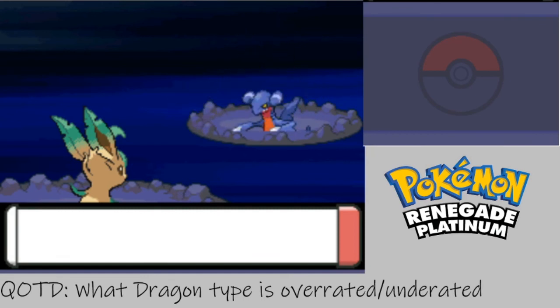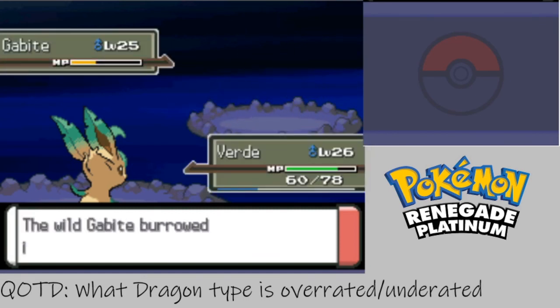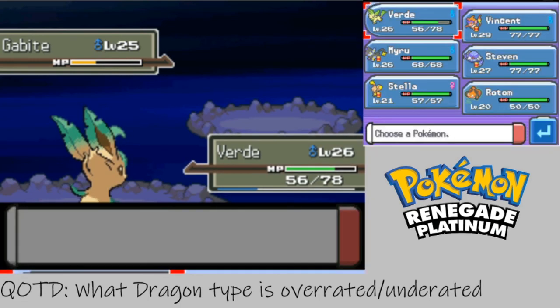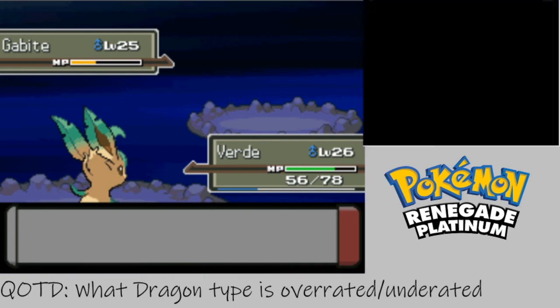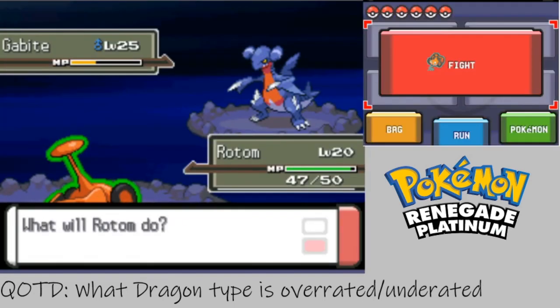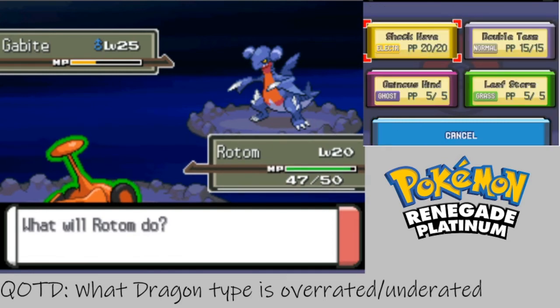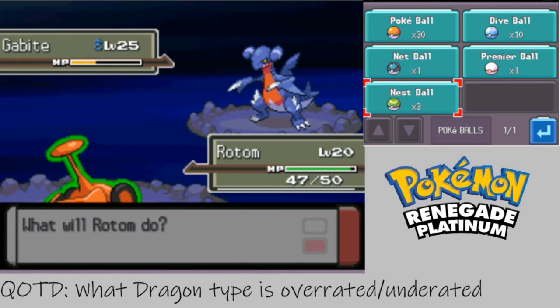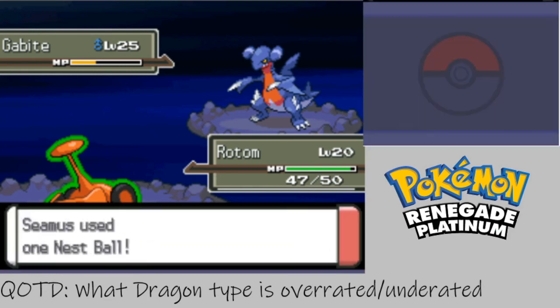Especially since Flygon basically got forgotten because this thing exists. That and also the whole Mega Evolution thing, not getting a Mega, and a bunch of other things. Anyway, this is part of the reason why I brought Ronald Mo here, because that way I don't have to deal with this thing using Dig. Also I could possibly use Double Team on it if I want Double Team spam for